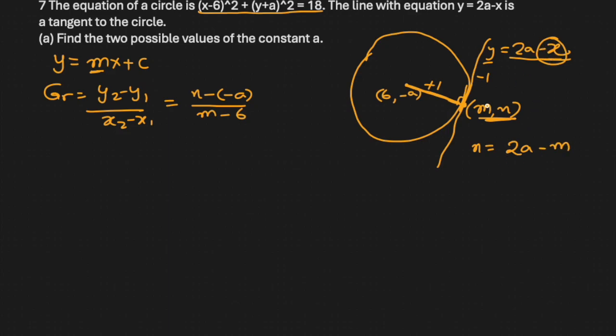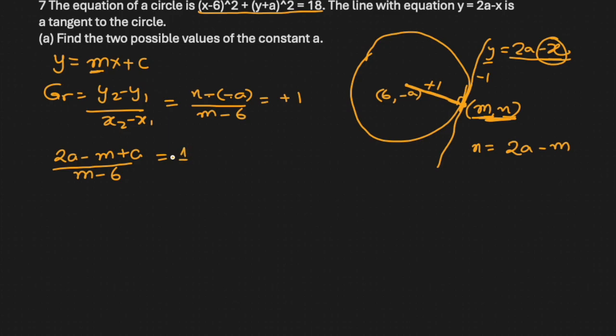I replaced x by m and y by n. So in place of n, I will put 2a minus m. This gradient was equal to plus 1, right? So n is 2a minus m plus a. Why plus a? Negative negative gives me plus a, over m minus 6